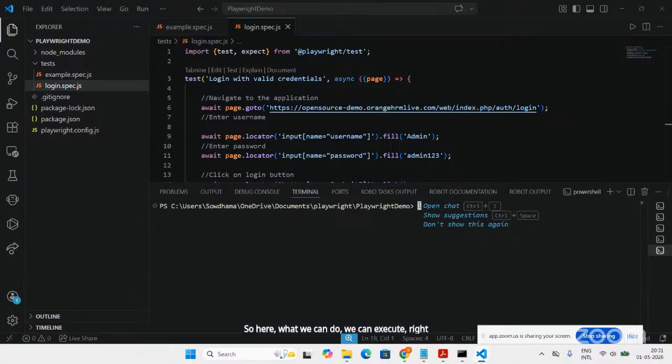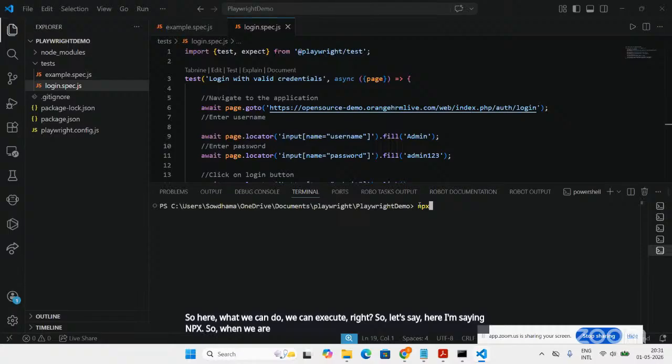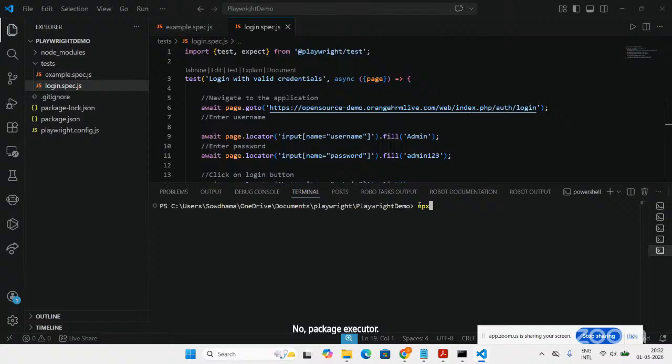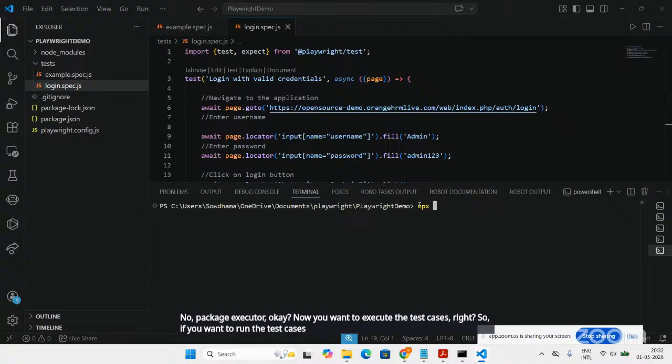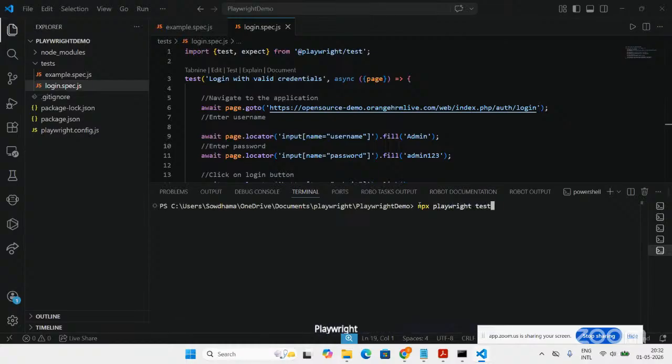So let's say here I'm saying npx. When we are creating a project, what we have given is npm, that is a node package manager. Here we are going to execute the test cases, so I'm saying npx. Npx is a node package executor. If you want to run the test cases, you have to say npx playwright test. So if you run this,